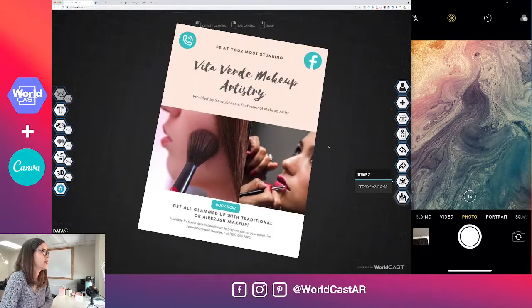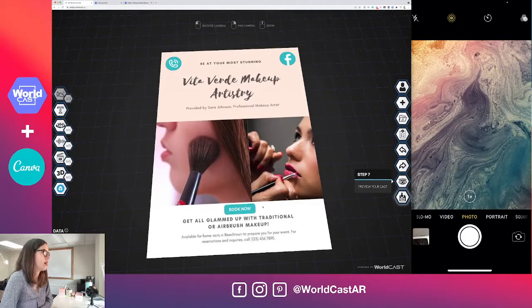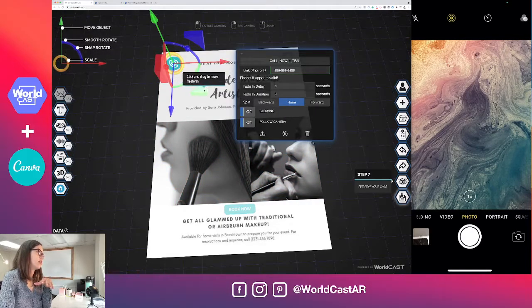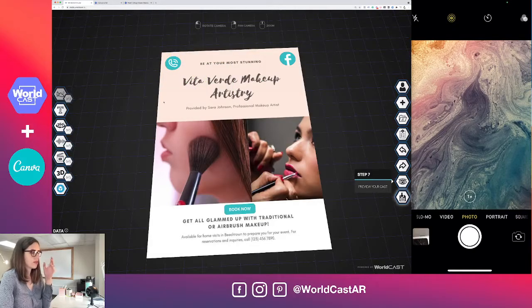Great. So now we've got 2 buttons, or 3 buttons actually. One that's book now, that's going to go to the website. The other one goes directly to the Facebook page, and then this one is the call now button that will actually activate your phone ringing. So that's kind of like some of the basic things that we can add: buttons, click-throughs, additional